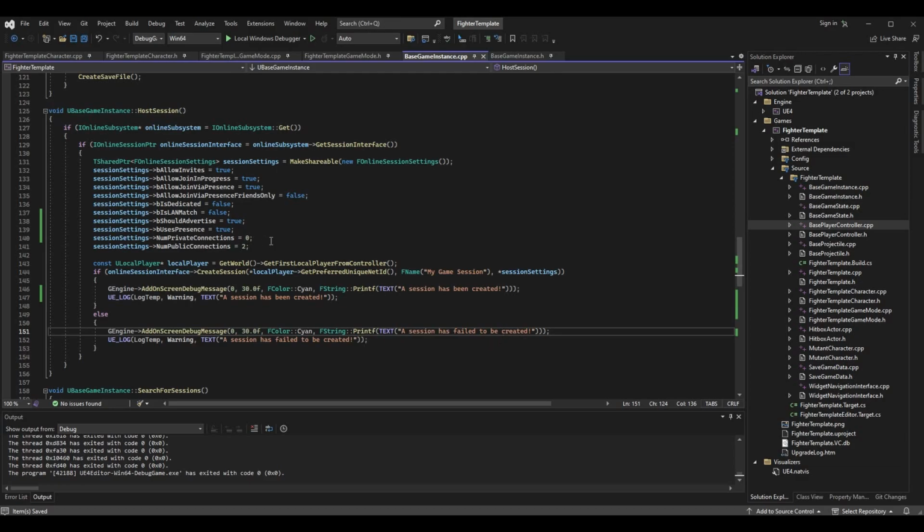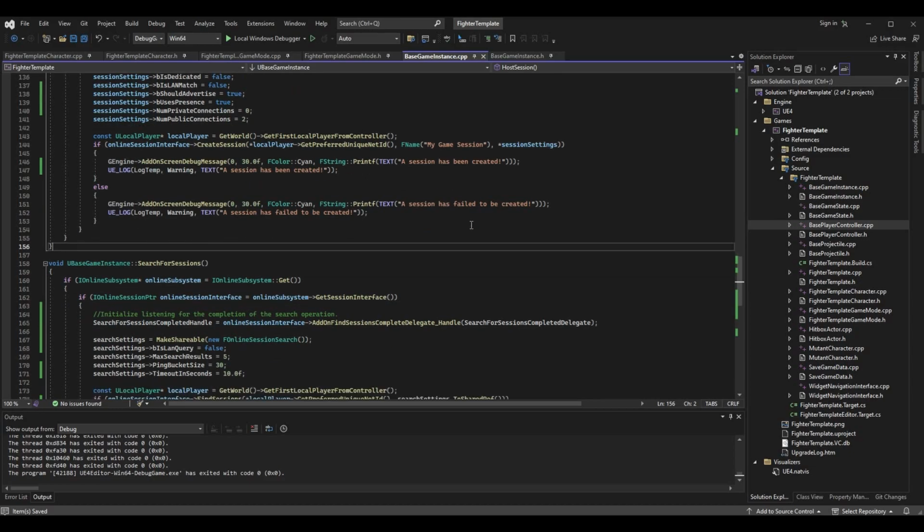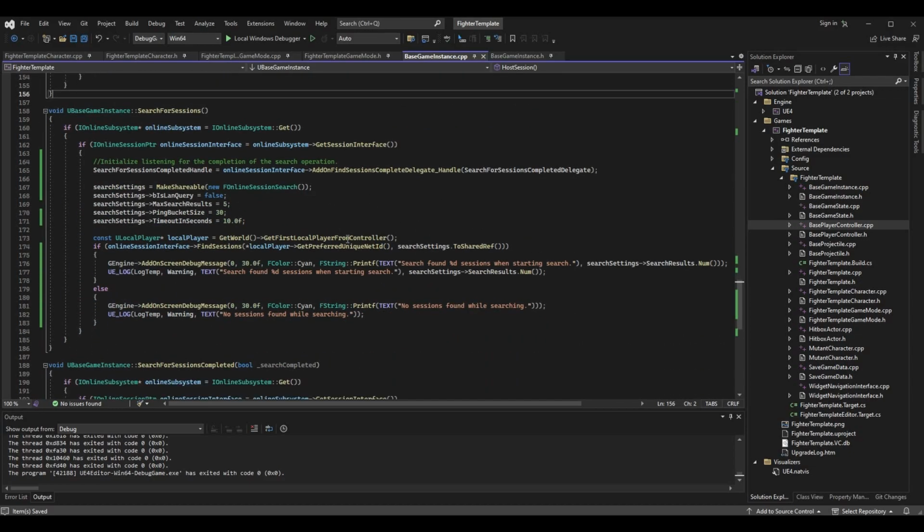Now, one additional change I made in here that is not required at all is I made these settings alphabetical. There were only 2 that were out of order. I believe it was the should advertise and the uses presence. So I just went ahead and moved them to the end. It's not required at all, but it was kind of bugging me that they weren't in alphabetical order. So there we go. All right, now onto the logic for today's episode, and that is our search for sessions